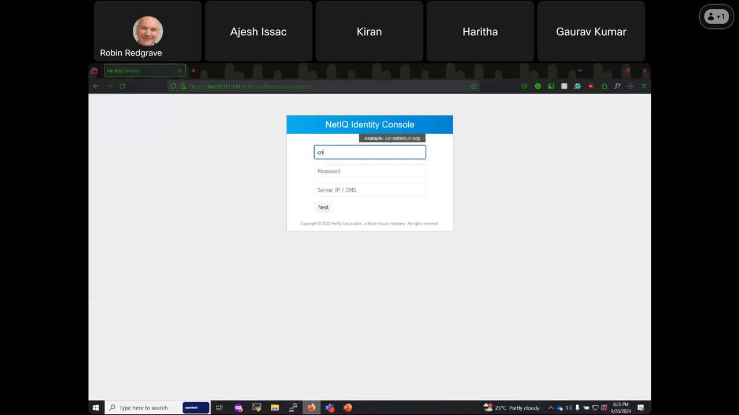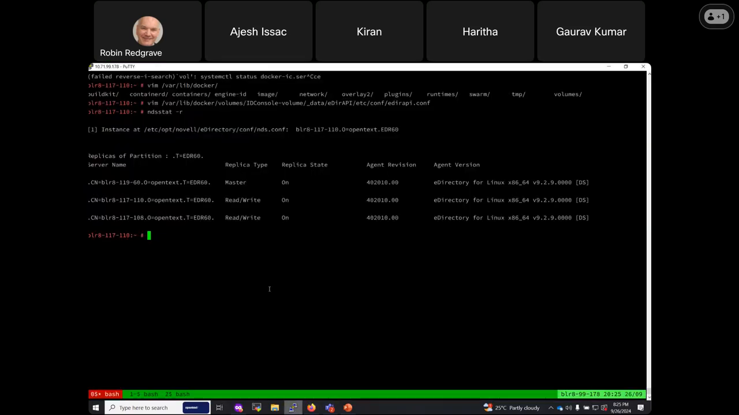and I will show the error scenario. So this is one of the servers present in the tree, and this is not added into the EDER API conf file. So if I try to log in, it says login failure, invalid credential. If I go to audit logs,